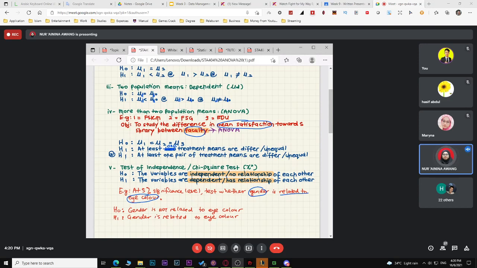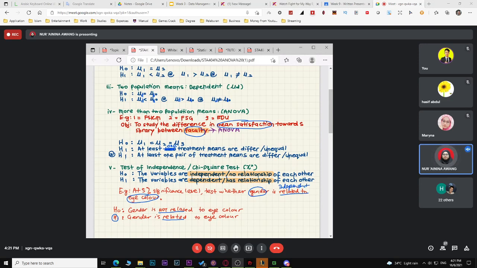So for example, in this case, at 5% significant level, test whether gender is related to eye color. As we know, for H null, your hypothesis must always be no relationship. Even though the question asks you to test whether gender is related to eye color, you must write this sentence in your H1: gender is related to eye color. For your H null, gender is not related to eye color. So you have the first and second variable, and then the relationship too, related and not related. So if the question asks you at 5% significant level to test whether gender is independent